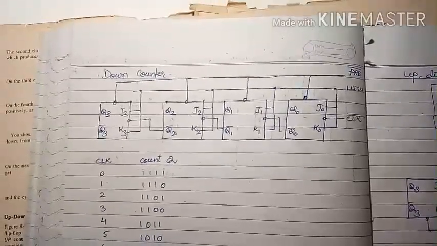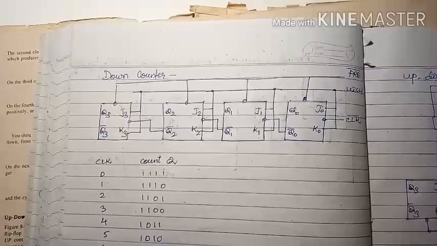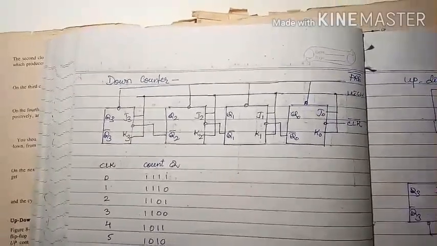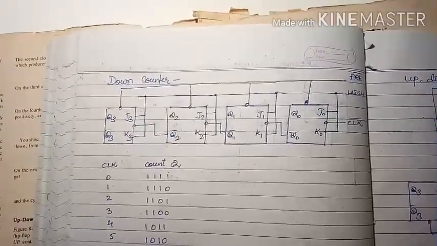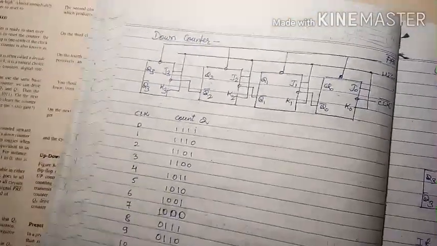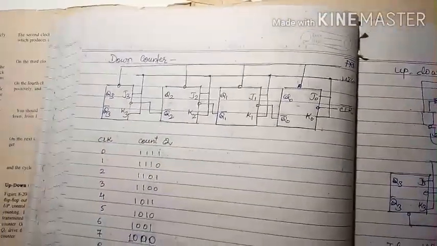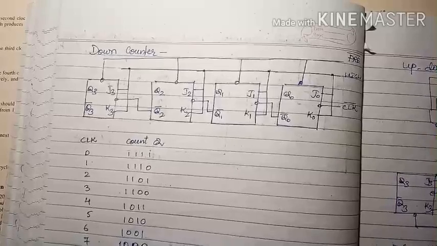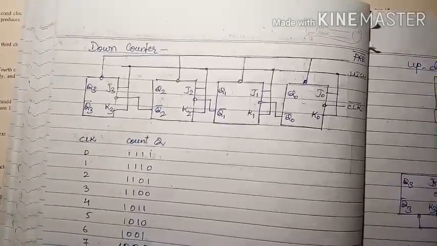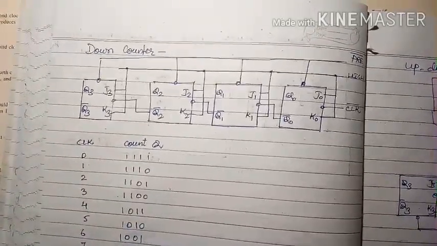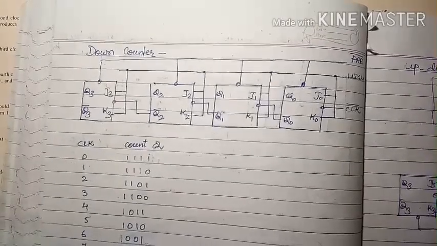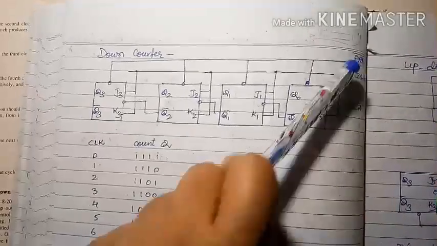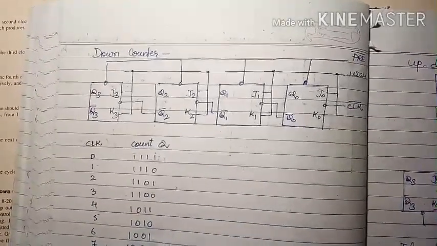A preset signal generated elsewhere is available in the uncomplemented or complemented form. Preset means the PRE signal, it is shown. This is the preset signal. PRE goes to all the circuits with an active high preset. PRE bar goes to all the circuits with an active low preset. Because here we have put a bar, that's why it is an active low signal.